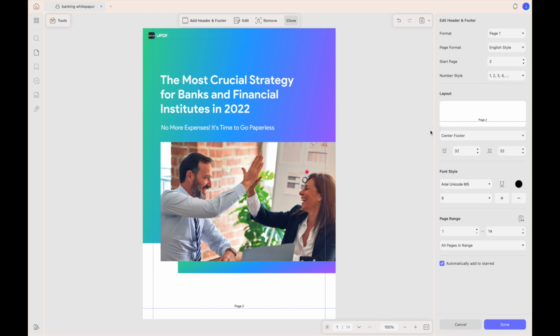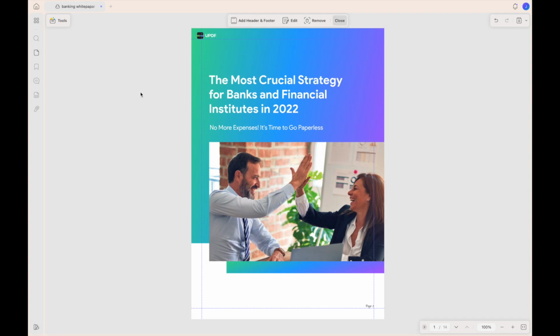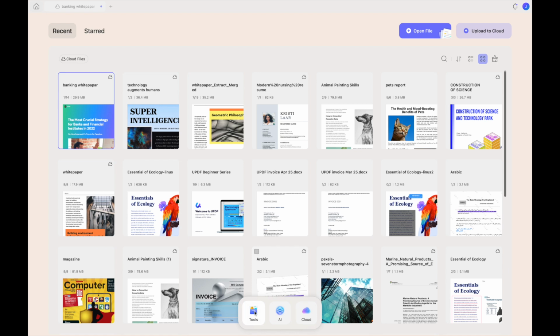You can align the numbering to the left, center, or right for both the header and the footer. Moving down, you'll find the options to adjust the font style and page range to apply it. Then click Done. To add a header and footer to multiple PDFs, go to the Home interface, click Tools and